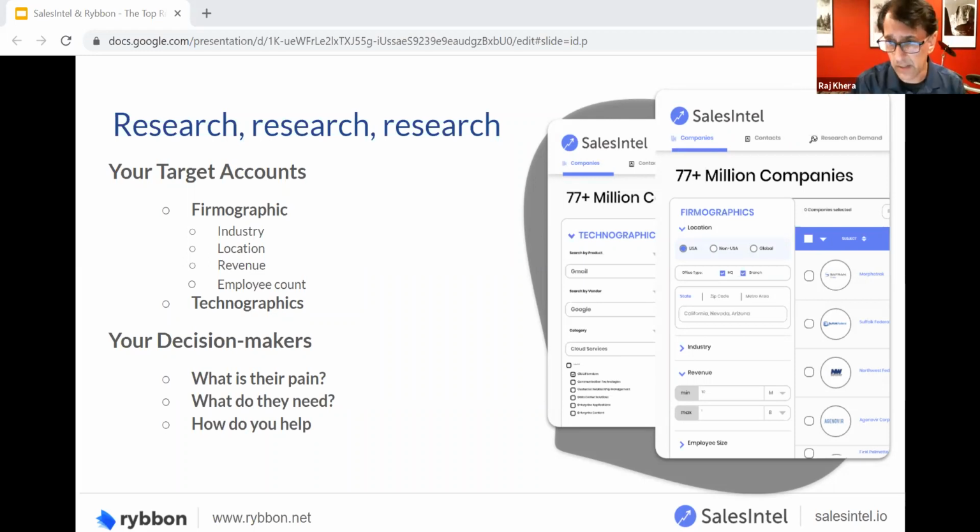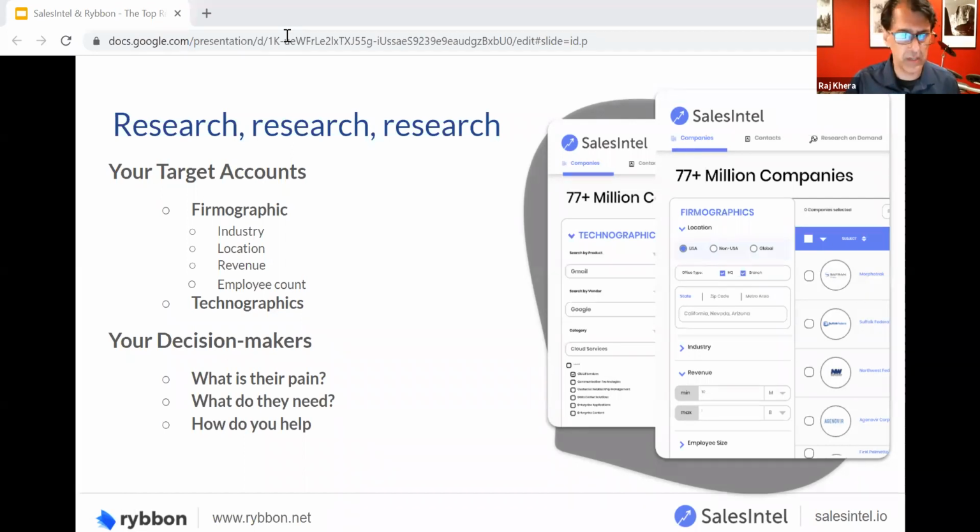So that's where SalesIntel can help quite a bit. We have a database of almost 80 million, actually, I think at this point it's like 86 million companies with contacts, so that you can find out the person's job title, their role inside the company, their phone numbers, their email addresses, and lots of other stuff like technographic information and employee count, so you can refine who you're trying to reach. That simplifies the process of identifying your accounts a lot.